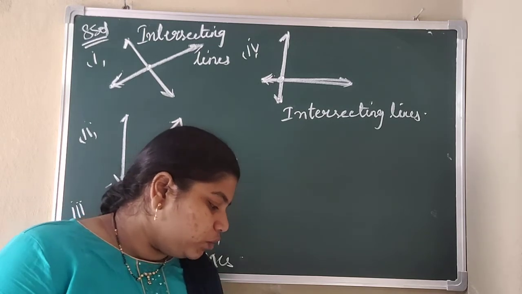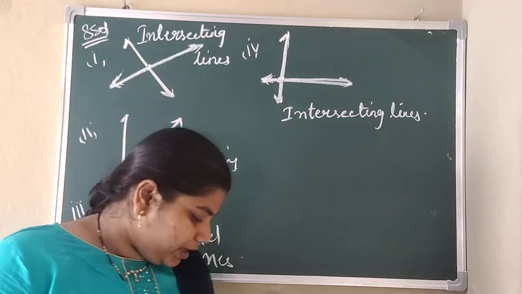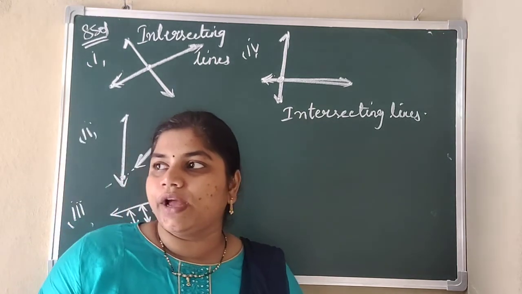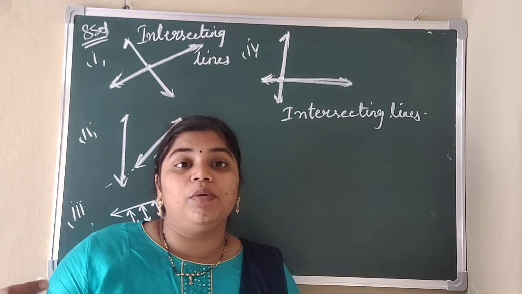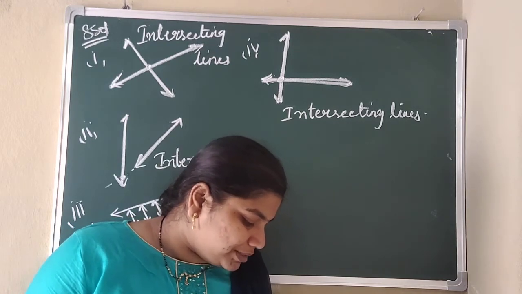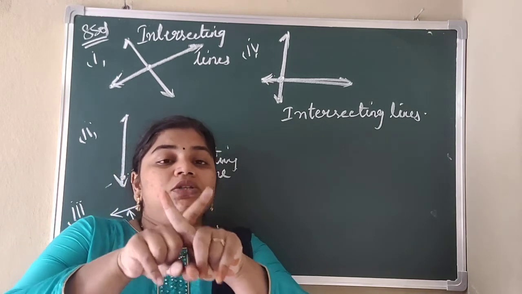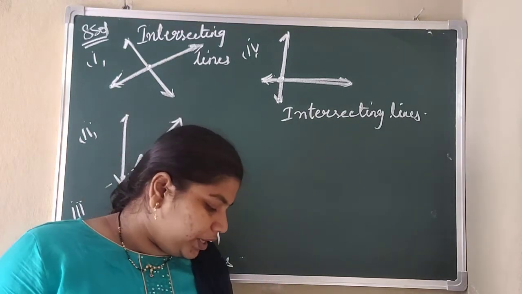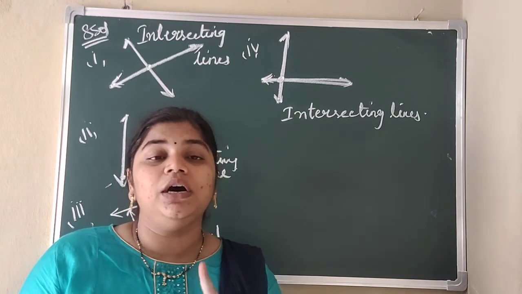And also I gave you one homework, that is fourth problem in exercise 1, that is write any 5 examples of angles that you have observed around. So we have to write 5 examples by seeing your surroundings which are in the form of angles. Okay, so one example they have given, the angle formed when a scissors is opened. So scissors will be in this order. Here in this case the angle has been formed. So one example already they have given. So you have to write 5 more examples by seeing your surroundings.